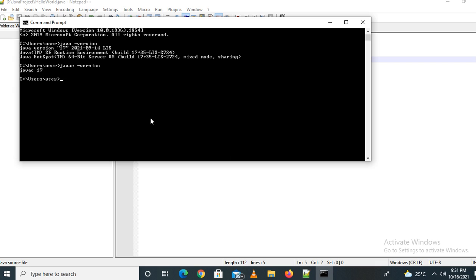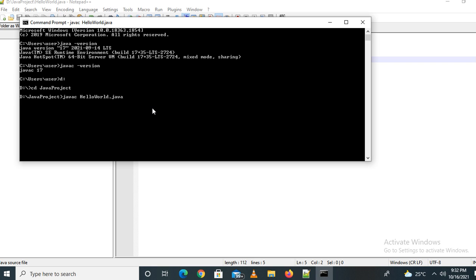Let's go to the command prompt and compile it. Let's change the directory. Use javac to compile the program: javac space HelloWorld.java, the file name.